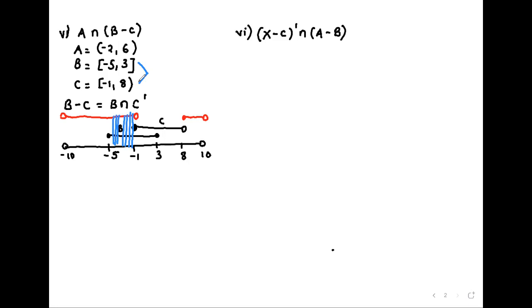Sir, before you continue, how do you know when to open and when to close? If they're both the way you've done here, -5 to 3, they're both closed. So when do I open and when do I close? If, like in the case of B, it is from -5 to 3, they are closed, is it? So when drawing B,